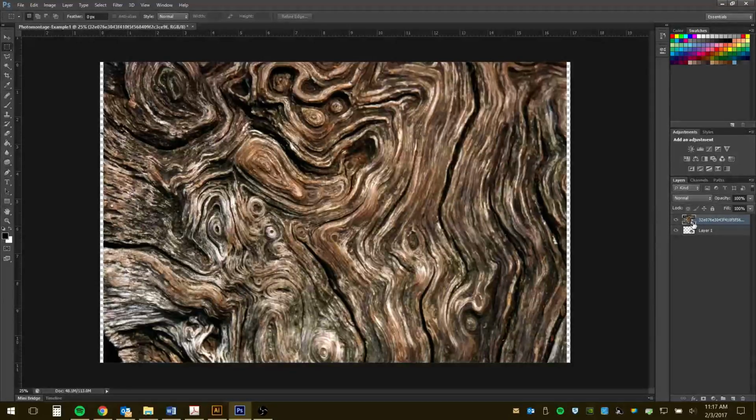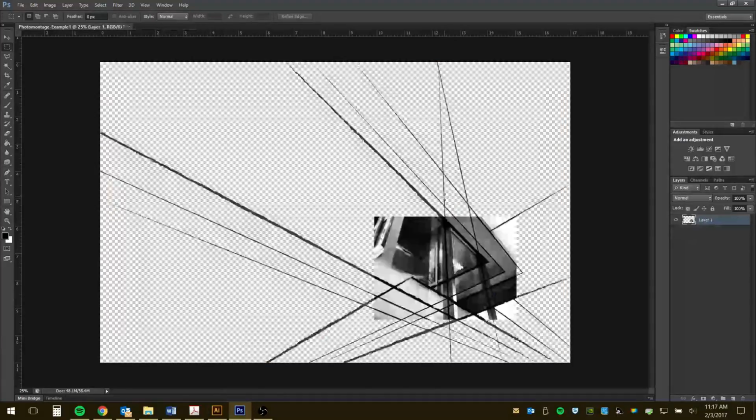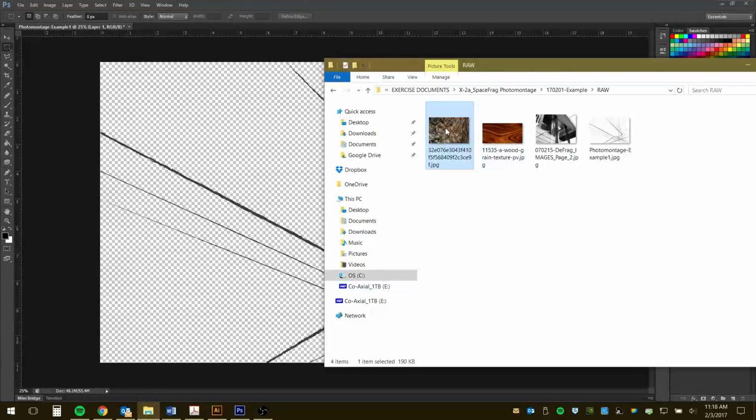it automatically creates a smart object thumbnail. So I can't necessarily crop it and manipulate it as freely. I have to open it in another file and then go through that process. So I want to work with the image directly. So I'm going to Control Z or undo that selection, go back to my file, and I could right click